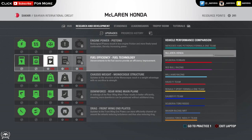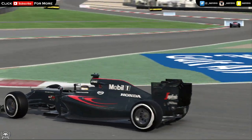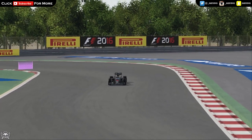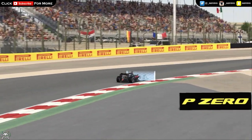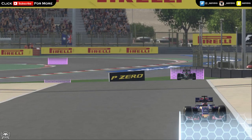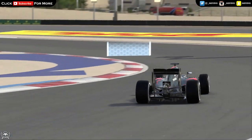So we're now on par with 3 upgrades for everything you can see pretty much apart from fuel. So engine, downforce, drag reduction and chassis weight, all on 3 parts upgraded. So we're kind of getting to that level stage. Probably we might level out the fuel as well so we can get everything on 3, just because that's my OCD kicking in. But anyway, we move on to the Bahrain practice because we have to continue improving the car,